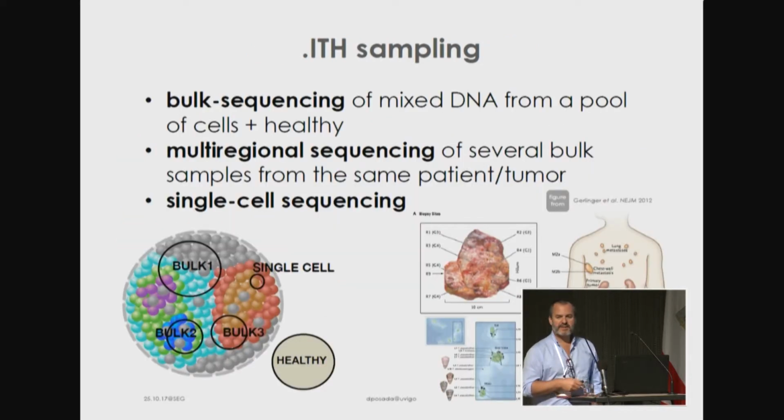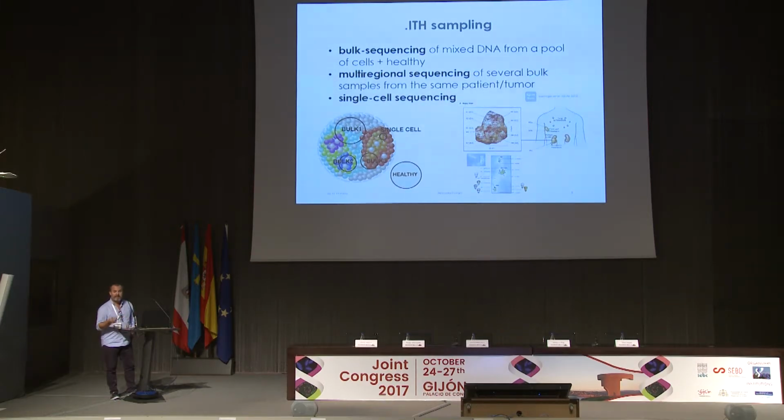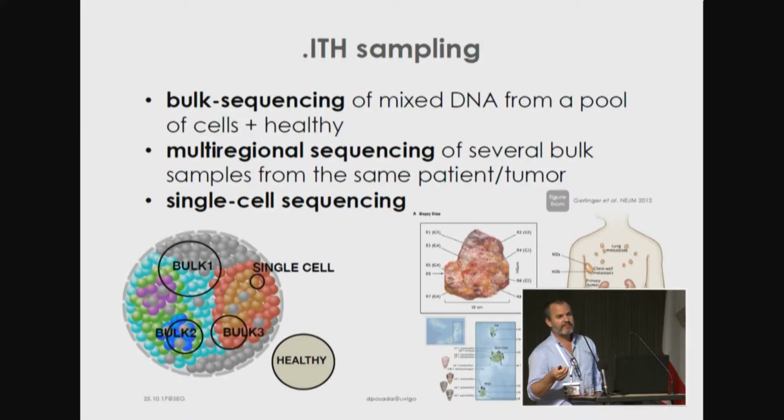How do we sample this intratumoral heterogeneity? The common approach is what is normally known as bulk sequencing. Basically, you get a biopsy, okay, a piece of tissue, which may be 1 or 2 centimeters, a cube, and basically there you will have around 10 to the 9, 10 to the 12 cells in that little sample. So we have billions of cells in a small piece of tissue. And you just sequence the bulk of that, the whole thing. Okay, that's the more common approach, to get this tissue and sequence the whole thing.